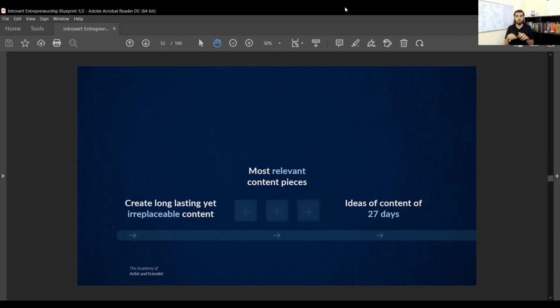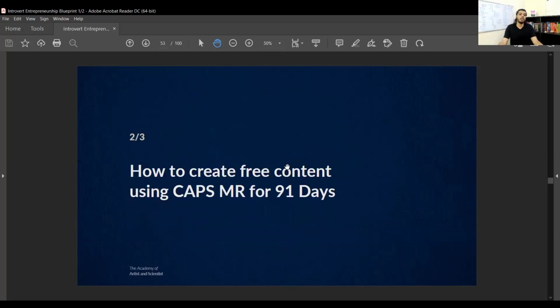For example, just go and search for how to cook Hyderabadi biryani and scroll down. There are videos that are still trending, published 2 years back, 5 years back, 7 years back, which are still trending. How can you keep it more relevant? And how do you also generate something for the future, like 27 days? That's what we are going to discuss in this one video.